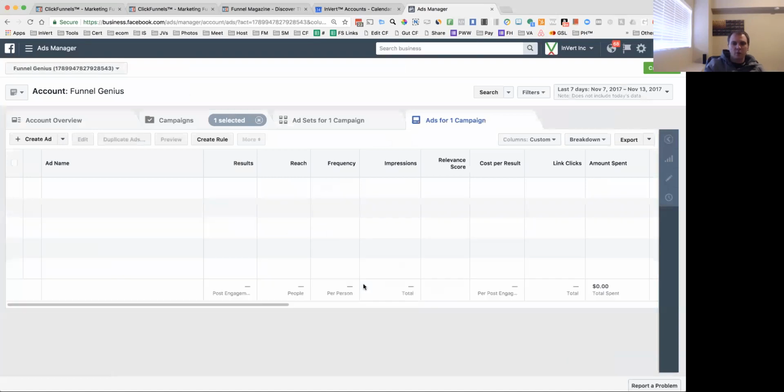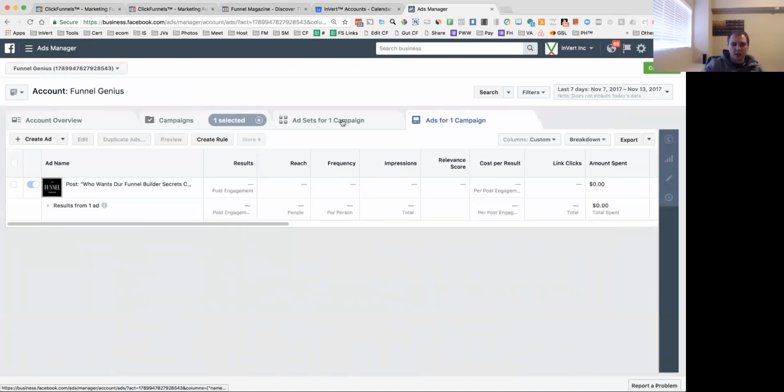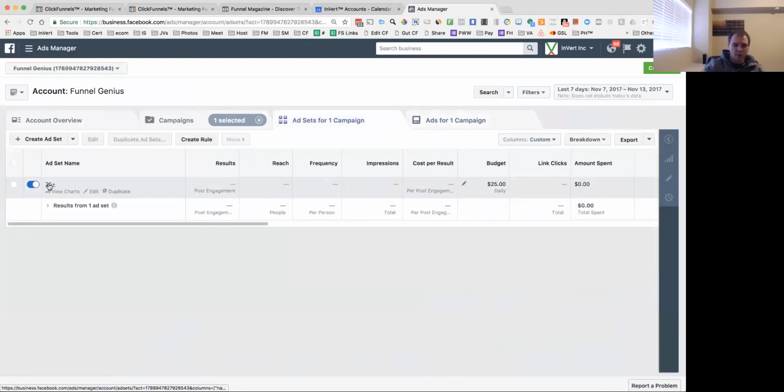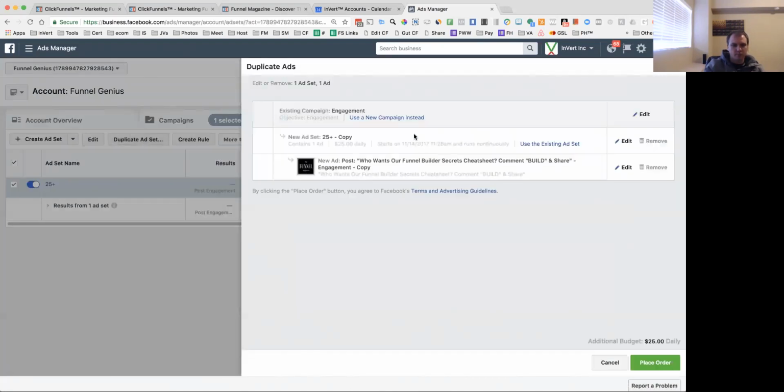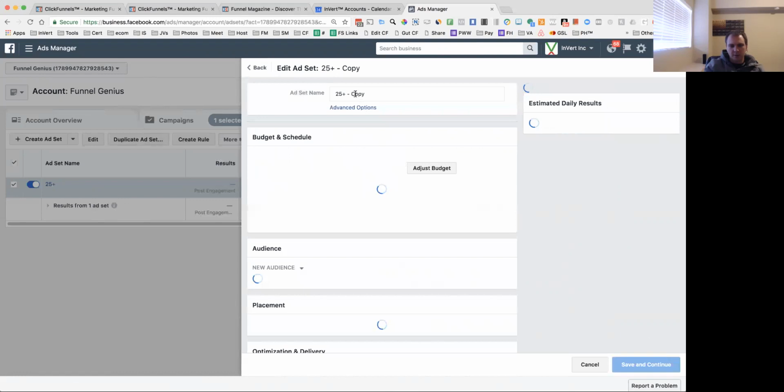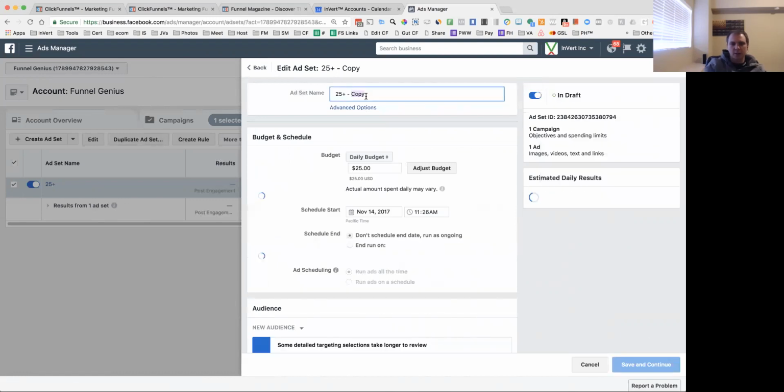Now, what if you said, hey, I like this post, I wanted to convert, but I want to test out a new market? So we're going to come in here, go to the ad sets, select the one that you want to do, and then hit duplicate ad set. It's going to keep it in the same post, in the same campaign. Now we're going to edit the ad set itself. Let's say we want to target